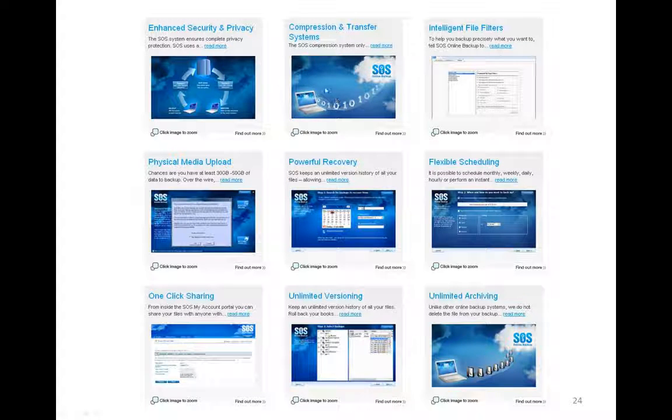Okay, so in terms of compression and transfer, all the transfer sessions are resumable, of course. The compression is block-level binary delta compression, so on backups 2 through N, it's only transferring the block-level differences in files that are being transferred. The filtering system allows you to define inclusion and exclusion filters, what to ignore, what not to ignore. Physical media upload, this is the ability to seed the backup set. So what I mean by that is to do the initial backup on a hard disk drive, which you send to us, and we upload to the